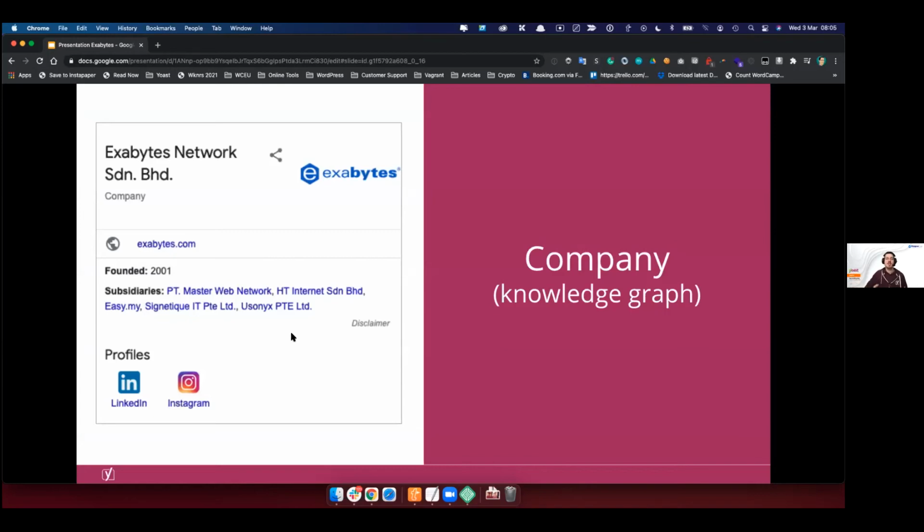And you can see I took the knowledge graph that I saw for Exabyte, and it pulls some information. It shows the social media profiles for the company. So it's very easy for me to get to their LinkedIn page or Instagram page. You can also see the URL, obviously, when it was founded and some of its subsidiaries. But there's more. The more you do, the more information you provide to Google, the more will show in that